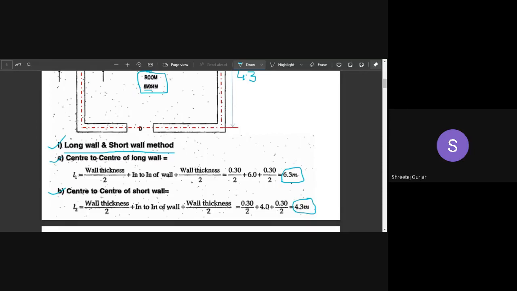Okay, so I hope that everyone is solving it simultaneously with me in your book. Keep a book, pen, a ruler and a calculator with you, and solve it simultaneously with me.